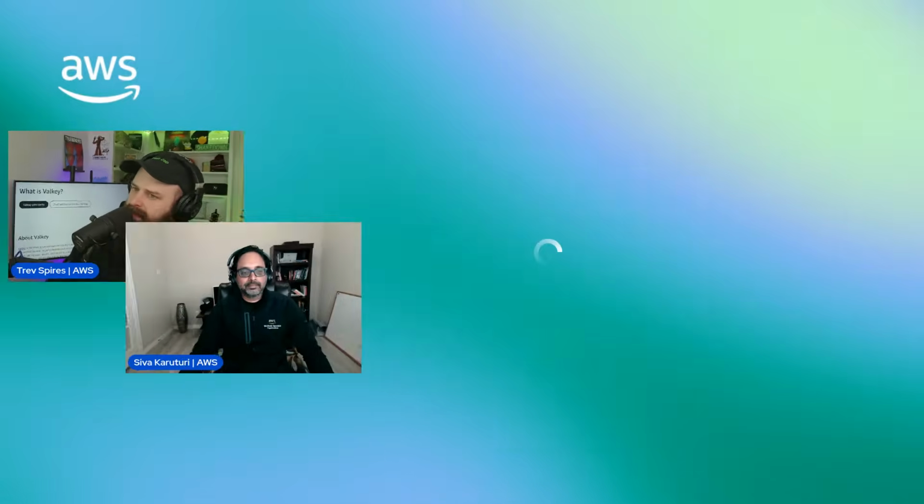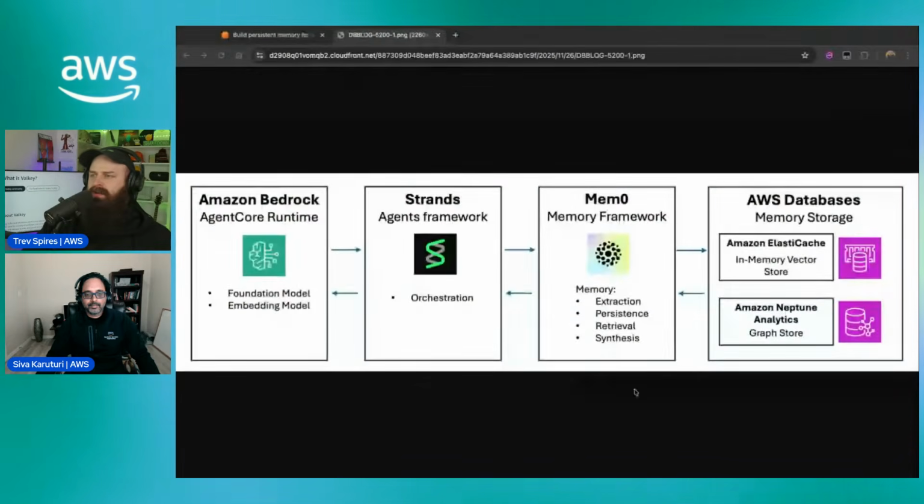I think, Siva, I know we have some PowerPoint we want to show. Before we do that, I want to pull up an architecture and get your take on it. And by the way, if you're not an engineer and you're not an architect and you're tuning in, that's okay. We're going to walk you through, at a system level, kind of how agentic memory would work. So I'm going to go ahead and pull up